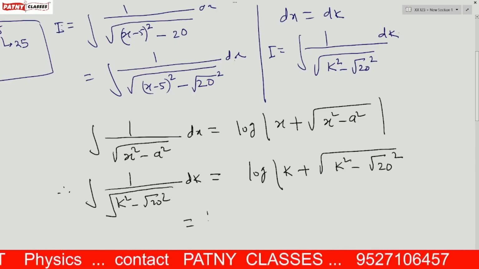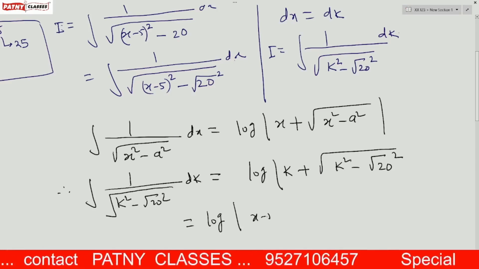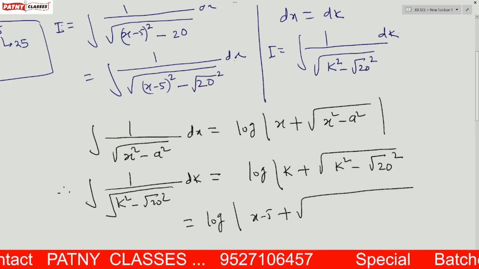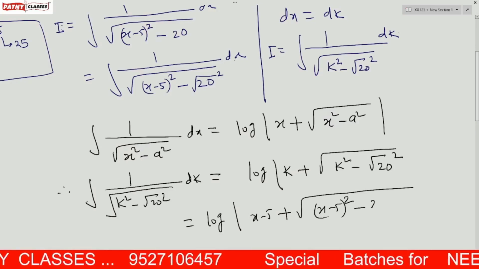Putting back the value of k, that is k equals to x minus 5, here also x minus 5 whole square and 20